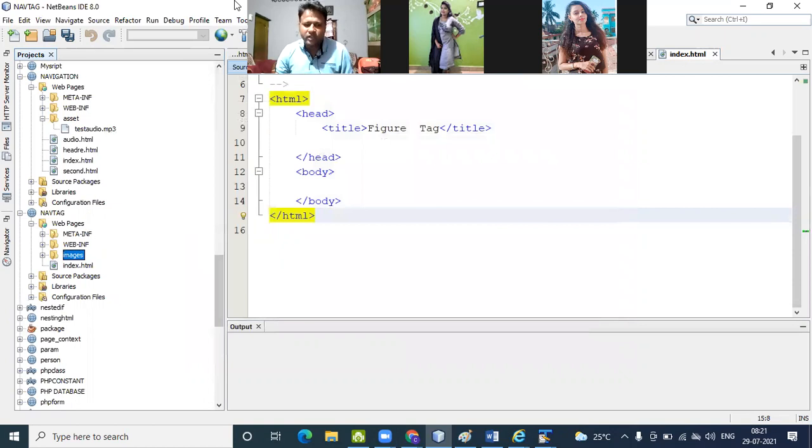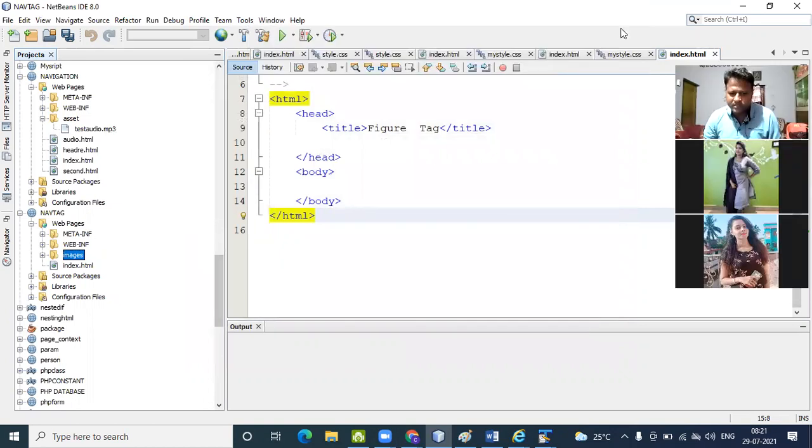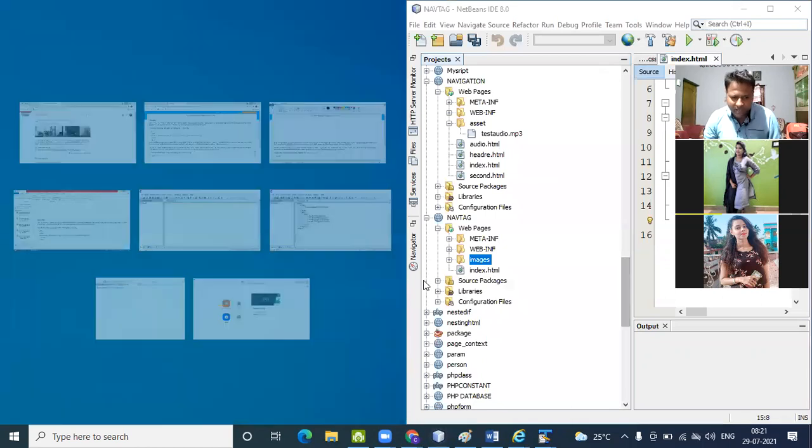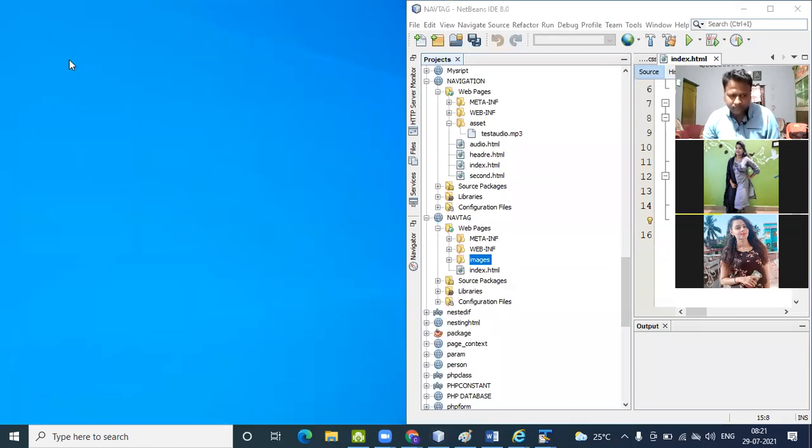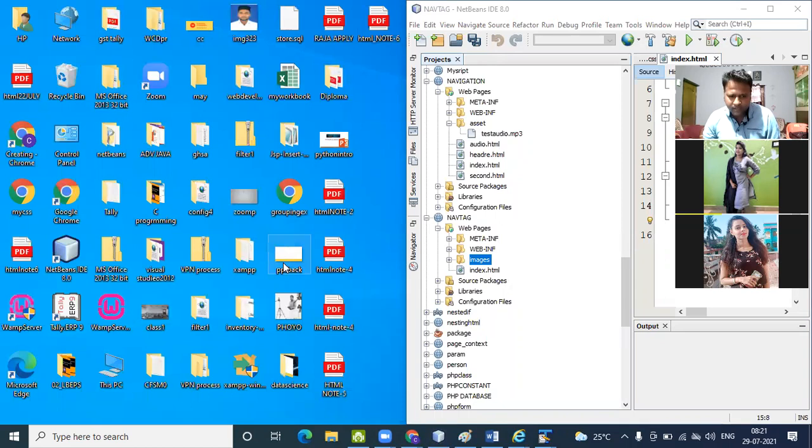In this folder I copy some images that I already stored on my device. Just drag here.